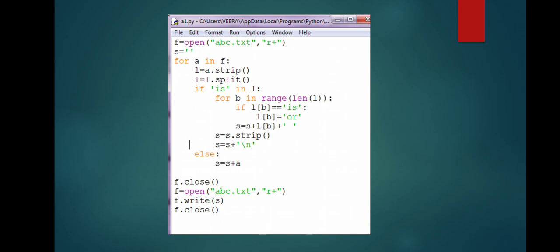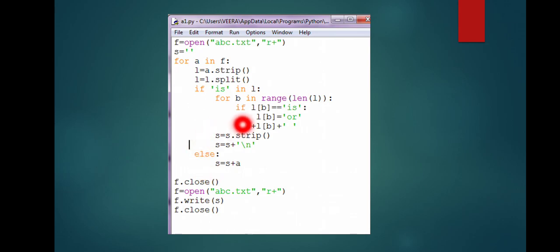As you can see, I have read one line at a time, removed the leading and trailing spaces or extra characters, then split that line into a list, then checked in the list for the occurrence of "is". If "is" exists in that list, then we have to adopt a different approach. But if it does not exist, we will simply write that entire line in the variable s.